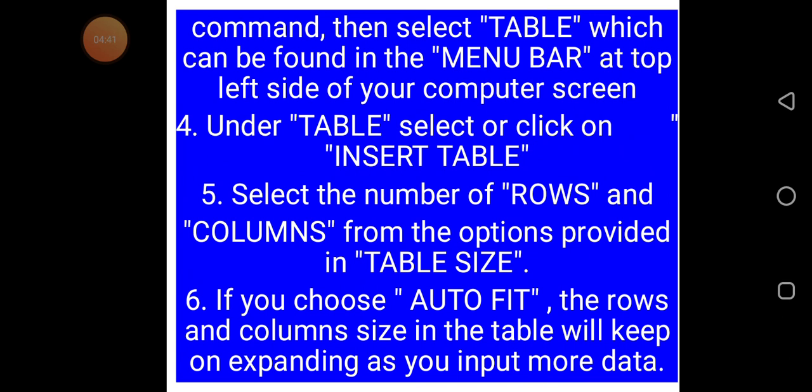Step 5 says select the number of rows and columns from the options provided in table size. So under insert table, you will see table size. So in that table size, talking about the number of rows and number of columns you want, you just select them as appropriate. Having done that,